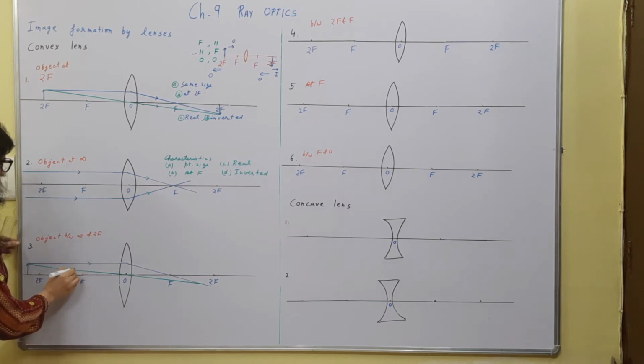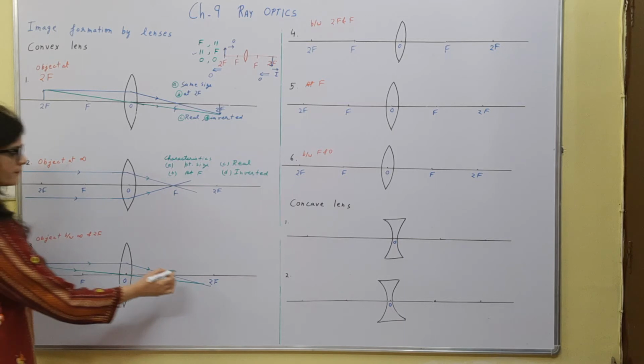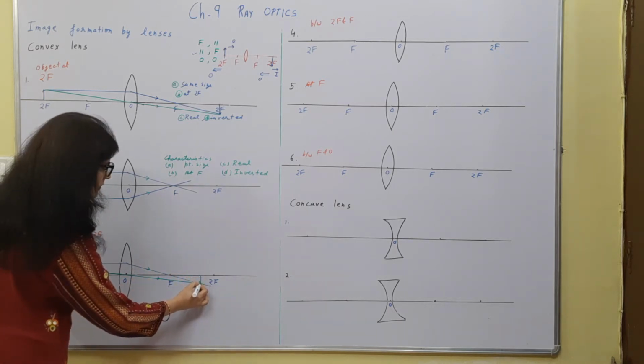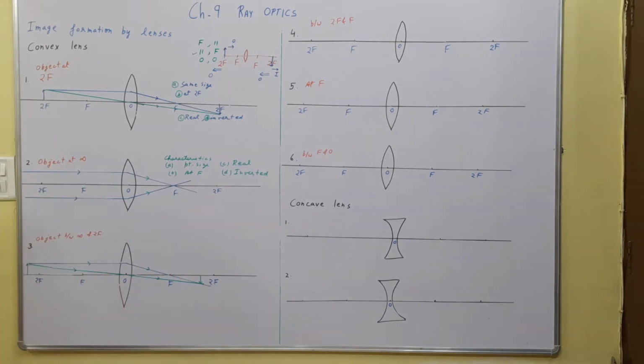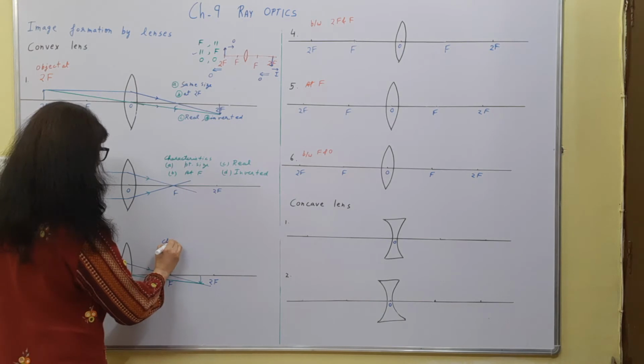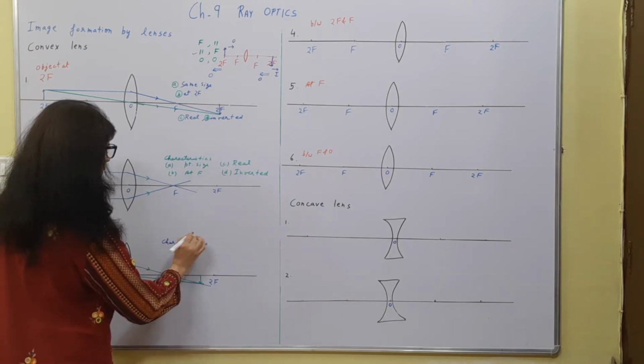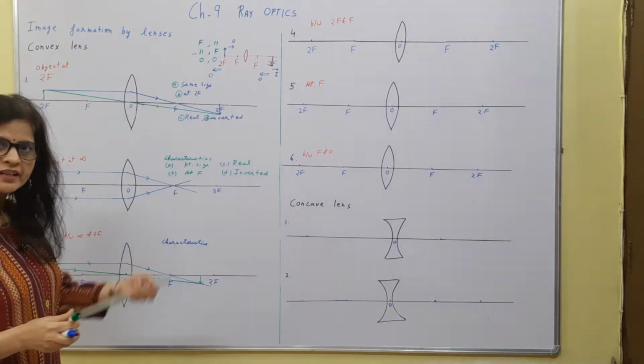Also remember one of the most important points, that you have to mark the arrows for the rays. So here your image is inverted, right? So when the object is away, then the image is becoming smaller and smaller. So here the characteristics of the image you can write. The four characteristics we are writing everywhere.